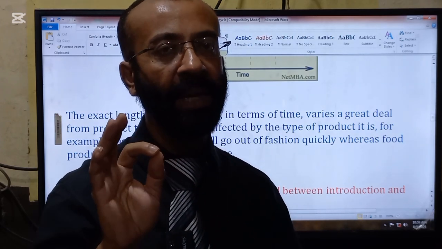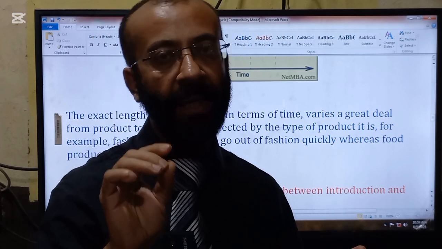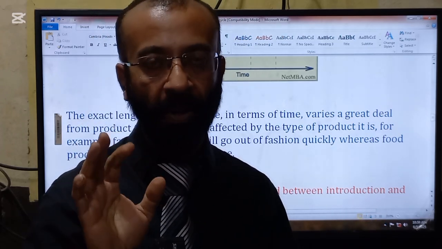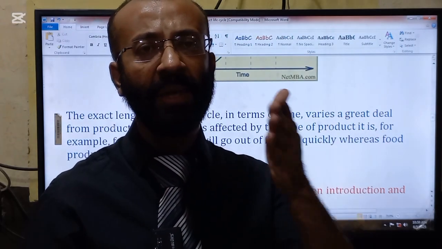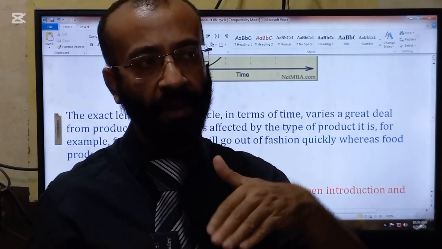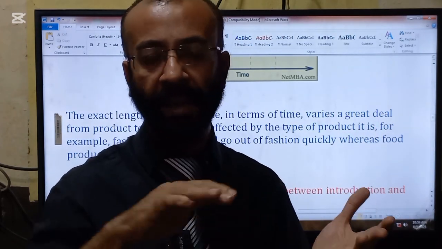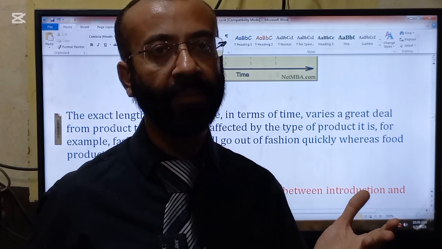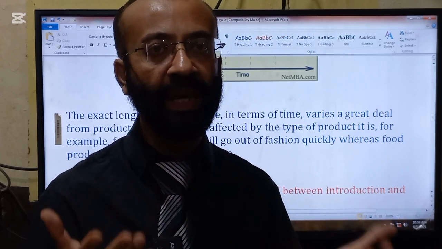For example, fashionable products change very rapidly. Mobile is one popular example of this. Have you ever seen that after 6 months a new version comes into the market and becomes popular? After the next 6 months another version of the mobile comes into the market and the older one becomes less popular. Because this is a fashionable product, likewise jeans